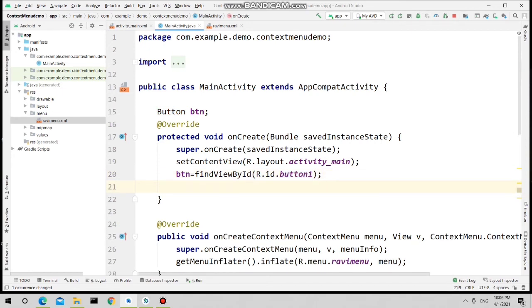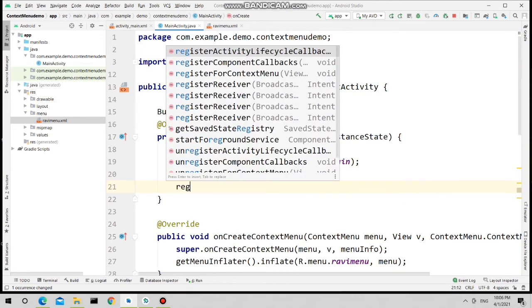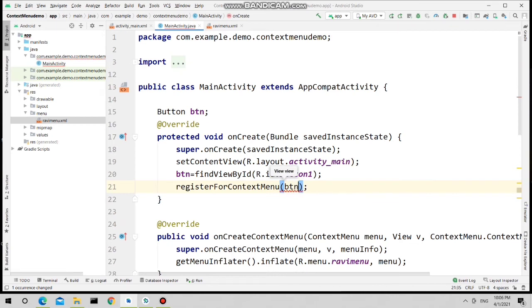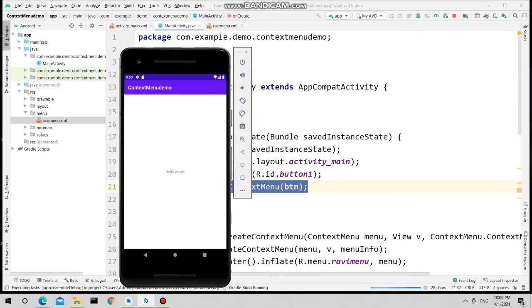How to add the context menu to this button? There is a method registerForContextMenu, and give the button object. That's all. This method will attach your context menu to this button. Press the menu button, and run this application. See the output.